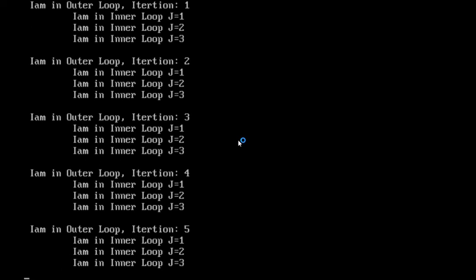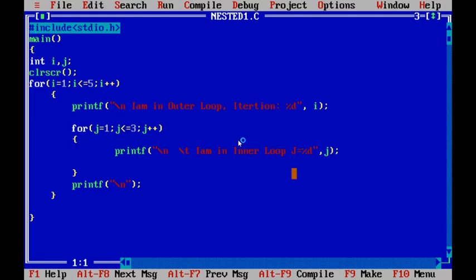For every iteration of the outer loop, the inner loop is executing completely, all possible iterations. For every iteration of the outer loop, the inner loop is executing completely as per the condition. Possible iterations it is executing based on the condition. Here in our program we mentioned 3.